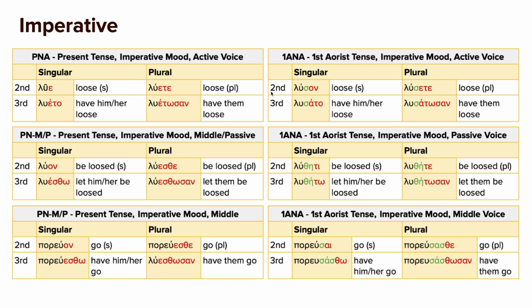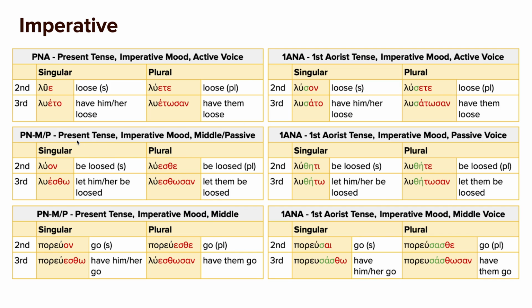Notice these are very similar, except you have the sigma and you have an alpha. So instead of lueto, it's lusato. Interesting. Instead of luetosan, you have lusatosan. And then this one is exactly the same, except it has the sigma. Luete, lusate. So loose, in general, you should loose your horses when it's cold out or something like that. That would be luete. But if you want to do it now, right away, loose the horse right now, it would be lusate. So that's a very big generalization, but I'm giving you an idea of why there's a little difference between these two different types of commands.